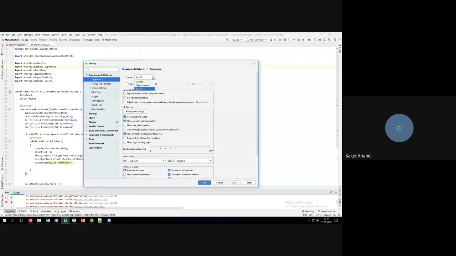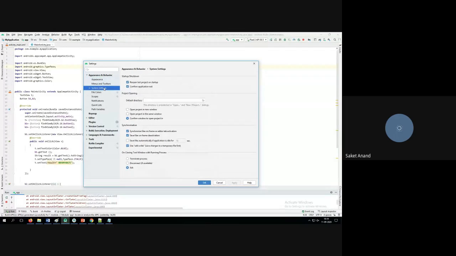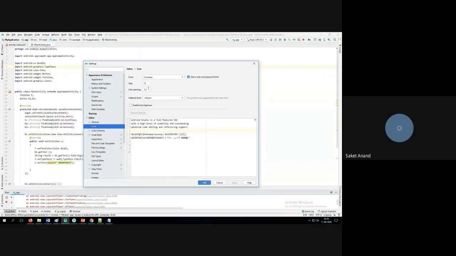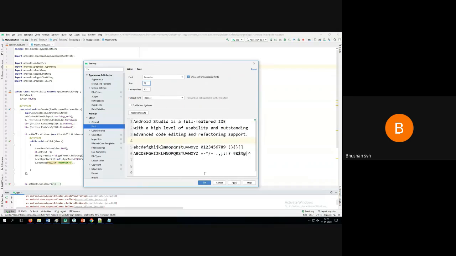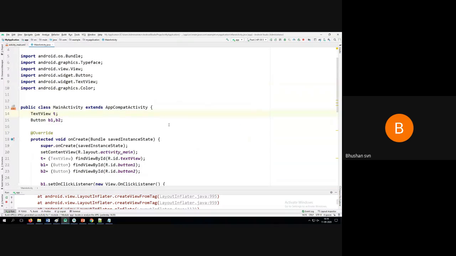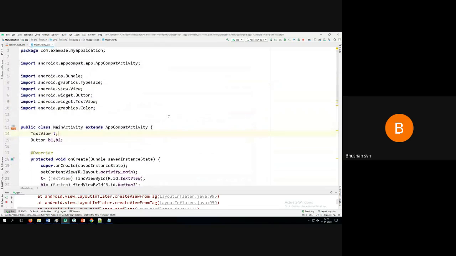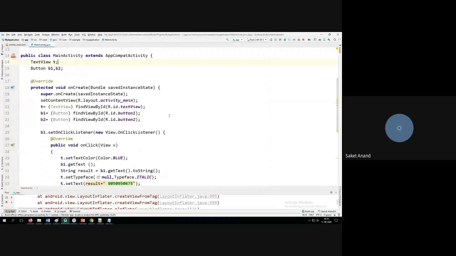Not that font, sir. On the left pane, editor is there. Below, sir, below that. Editor. Yeah, font. Now, is it clear now? Yeah, it's visible, sir. It's visible? Yes, sir. Okay.